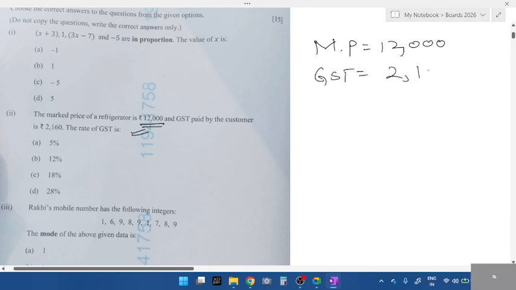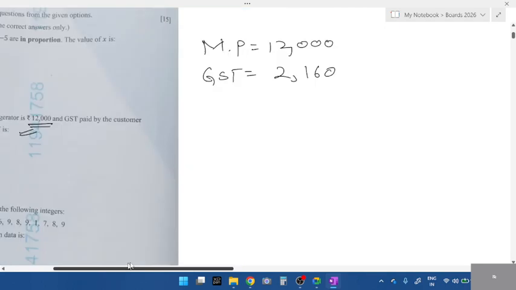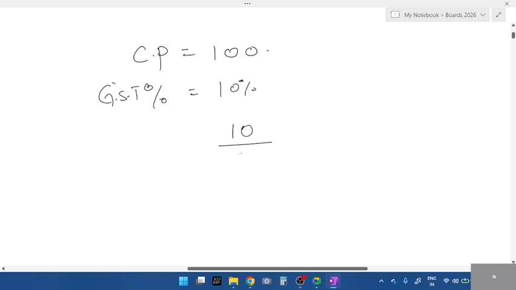2,160. They have asked us to find what? Percentage, right? Okay, one more thing. I'll just quickly teach you all percentage and rupees conversion. Look here. Stop writing. If cost price or mark price is rupees 100, students, and they give you a percentage, GST, discount, whatever, if a percentage like 10% is given, how do you calculate this? 10 divided by 100 into,